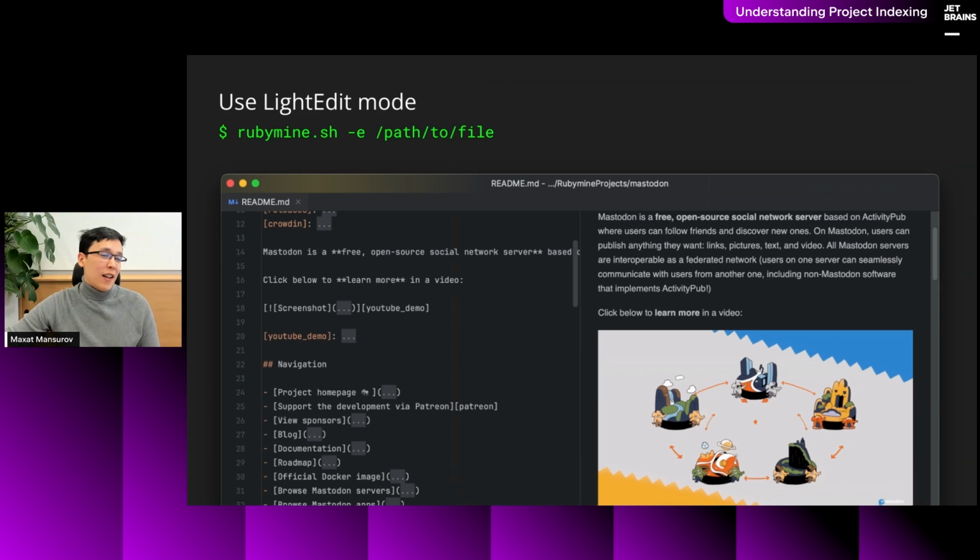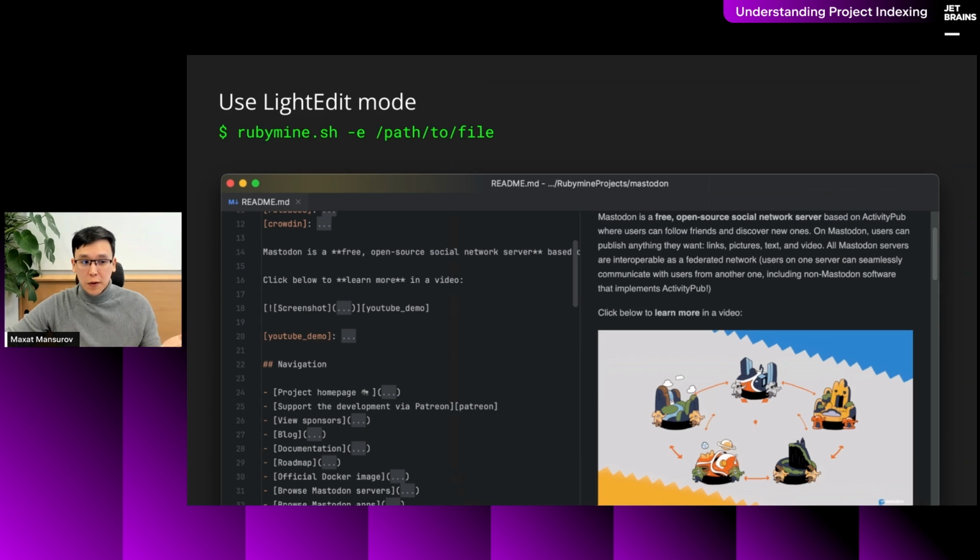Yes, and the last thing that I would like to mention is a very, very useful thing, but I feel like not many people are aware of it, which is that our IDEs, not only RubyMine, come for quite some time already with the so-called light edit mode. This light edit mode basically enables you to use our RubyMine editor without all the indexing and all the smart features of the full-fledged IDE.